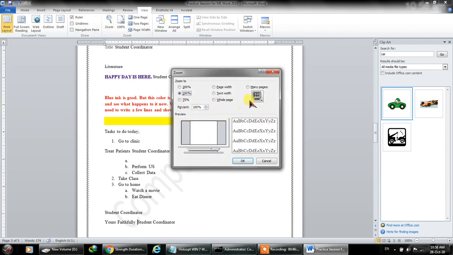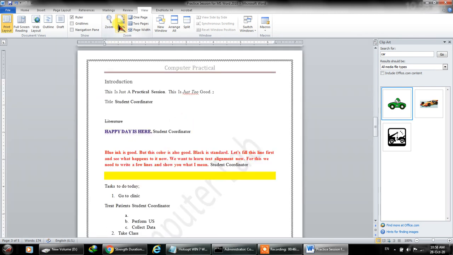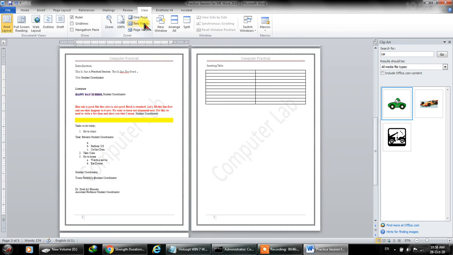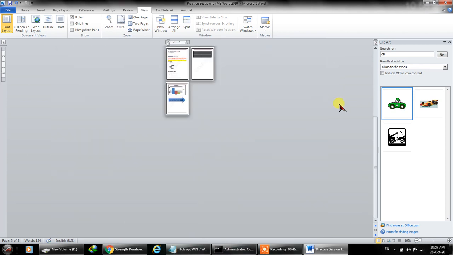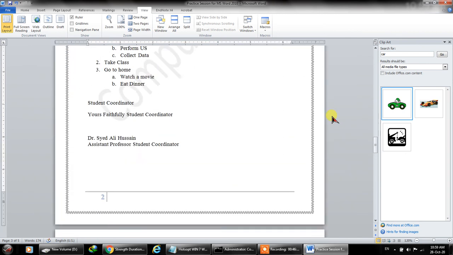You can zoom in or zoom out, for example 200% and click OK, or 100%. You want to see one page only, two pages only, or page width only, so it depends. And even if you hold control and move the scroll on the mouse, it will create a smaller image of the whole document.